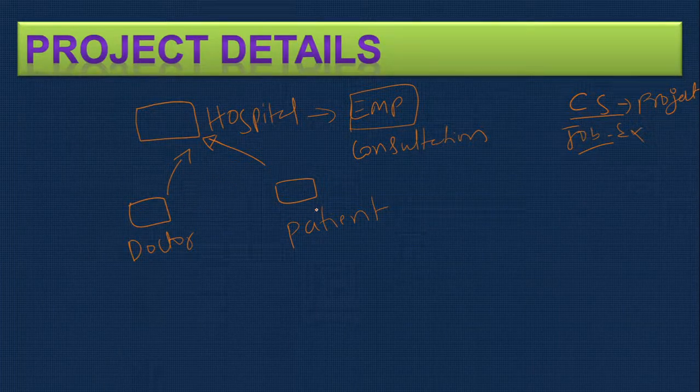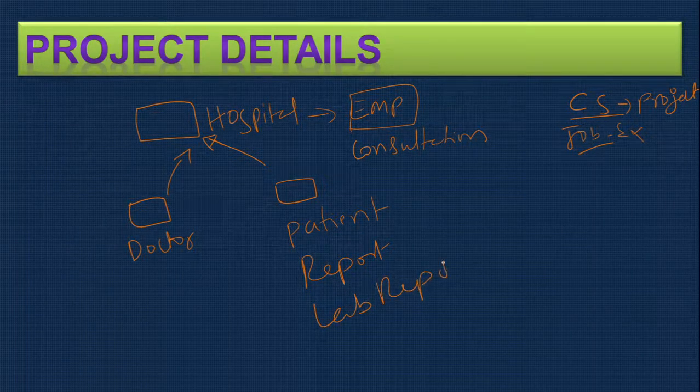There are a lot of other things we can do. Patient details can be updated, and once you update them, you don't need to update again. Second, patient reports we can put online, so that they are available the next time the doctor sees the patient. Lab reports and pictures we can upload. Therefore all patient related activities will be uploaded to the system, and all patient details will be available for the doctors. The patient doesn't need to carry any paper, lab report, X-ray sheet or other reports, because everything is uploaded online.